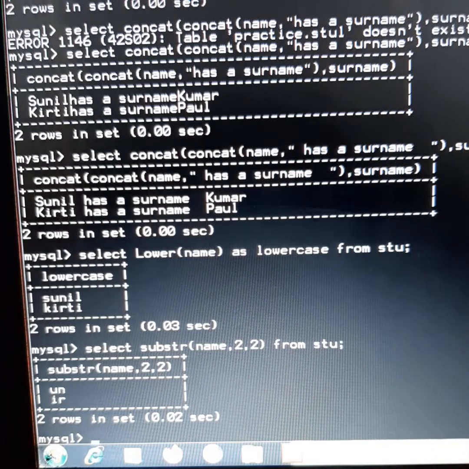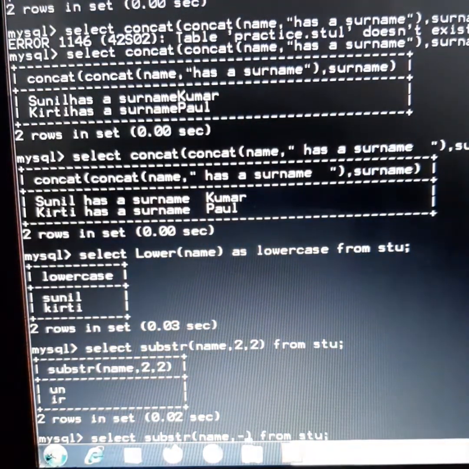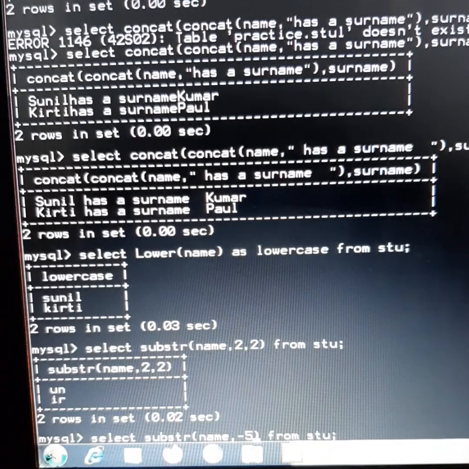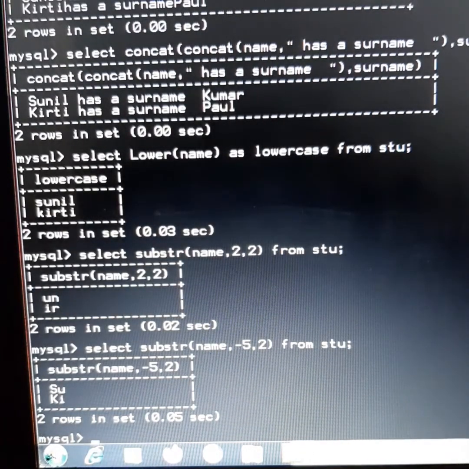Then comes another question, example 8: display 4 characters extracted from the 5th right character onwards from the string ABCDEFG. Solution: if we want to start from the right hand side, that means a negative position we'll have to give. In the negative, if I see 1, 2, 3, 4, 5, I say from position -5, I want to extract 2 characters only. So I have given here name, that is why it is coming.